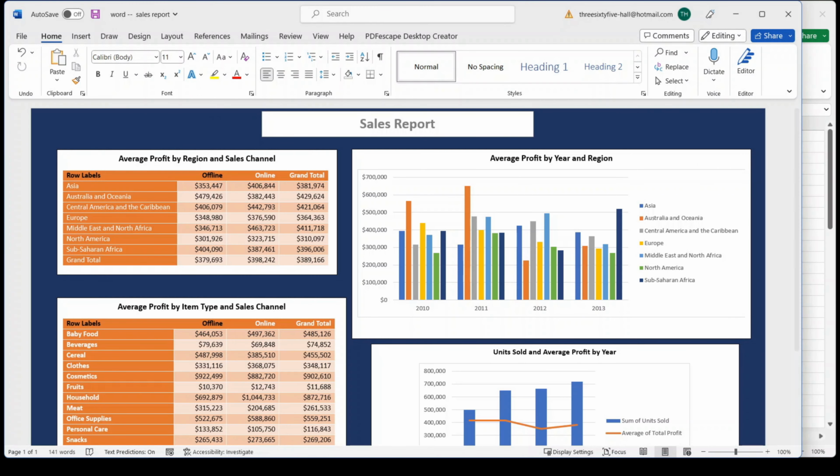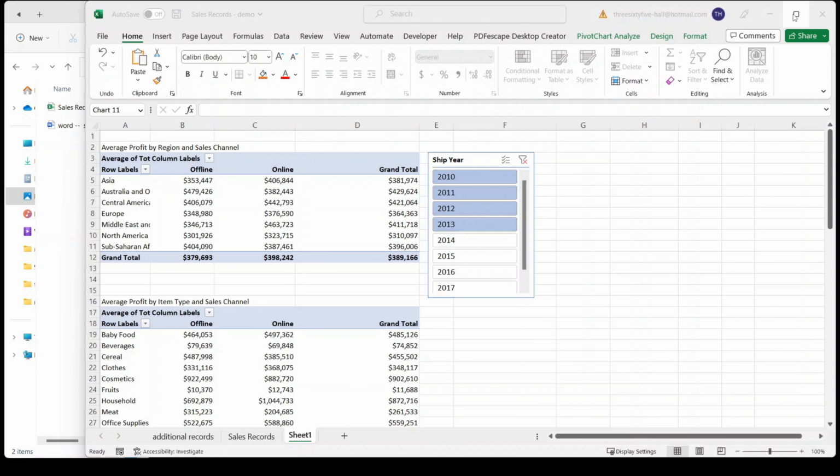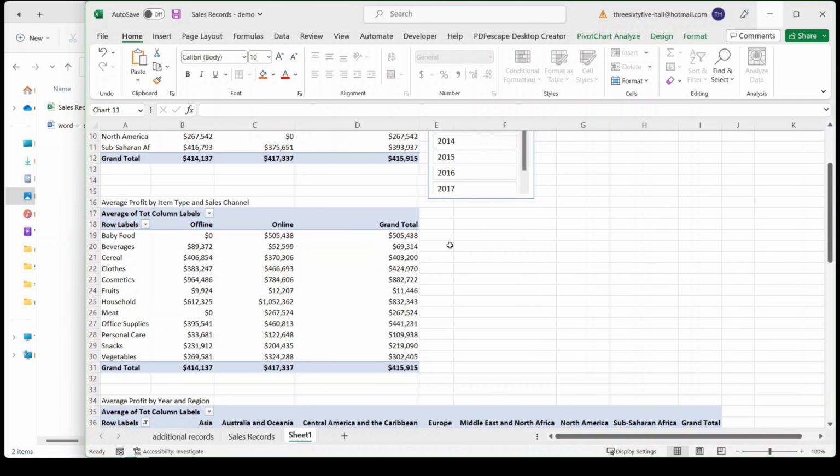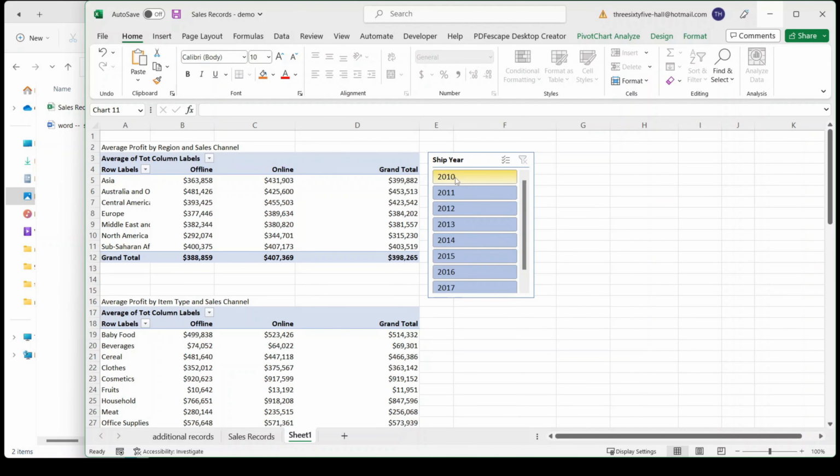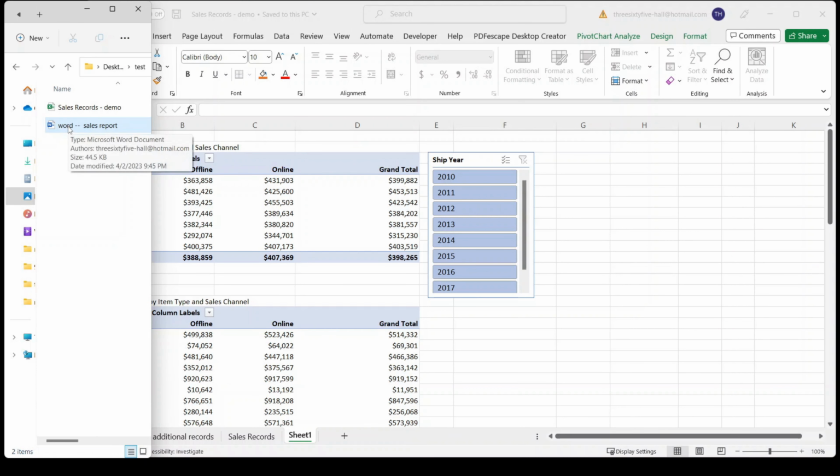A common question that I get is what happens when you close this Word file? So let's test that now. So if I close this Word file and I change the years in the slicer, so let's say I select all of these years. So now the data is updated and I save this workbook. So now when I go back to the Word file and I open it,